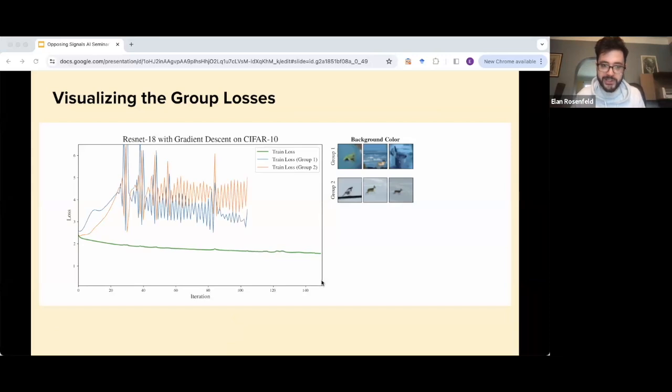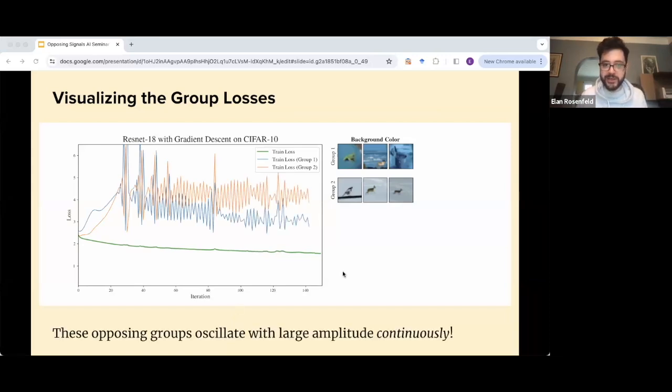And in fact, it continues basically continuously throughout training. You have this continuous process of these points oscillating in opposite directions with very large loss. You wouldn't observe this in the full train loss, it's very unclear that this is happening, but there are these very consistent large magnitude oscillations. The other thing to note is that these spikes coincide exactly with the instabilities and the non-monotonic components of the train loss. Every time there's one of these large spikes, the full train loss jumps up a little bit.